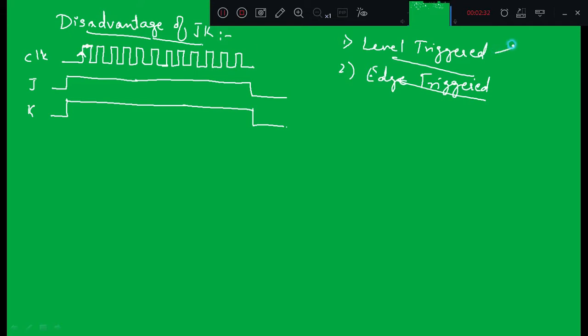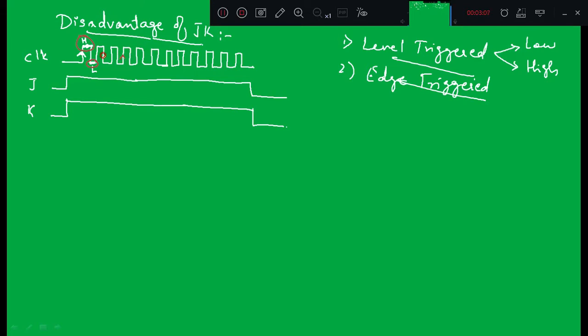Again, level triggered has two types: low level triggered and high level triggered, right? So when the level is high, let us say this is the high level, and this is called a low level, right? Let me change the ink of the pen. See, this is a low level, this is the high level, and this is a low level, right? So if the flip-flop is responding to these levels, then they are called level triggered flip-flops, right? And if they are responding to these edges,